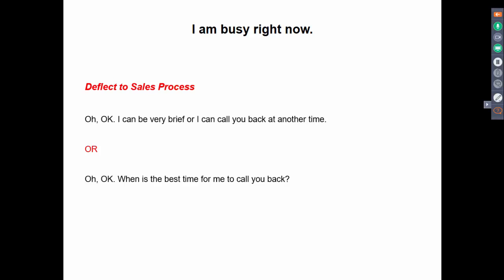So to comply with someone saying "I'm busy right now" would be to say, okay, sorry to bother you, and you move on. To overcome this, and I've gotten someone trying to overcome this, is to try to show them it's worth their time. Is it worth your time to have a 10-minute conversation with me that could save you $1 million, whatever? That's trying to overcome someone, to get them to change their mind from being busy to I'm available. We don't need to do that.